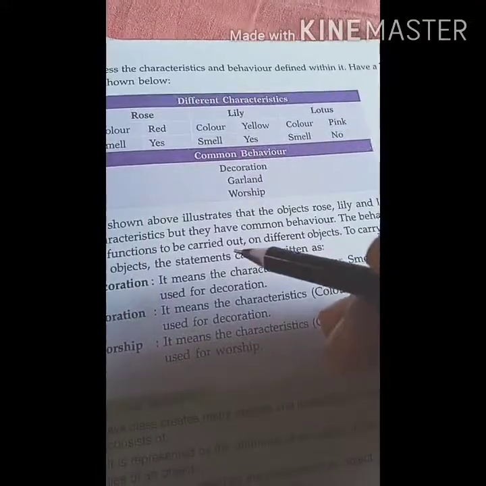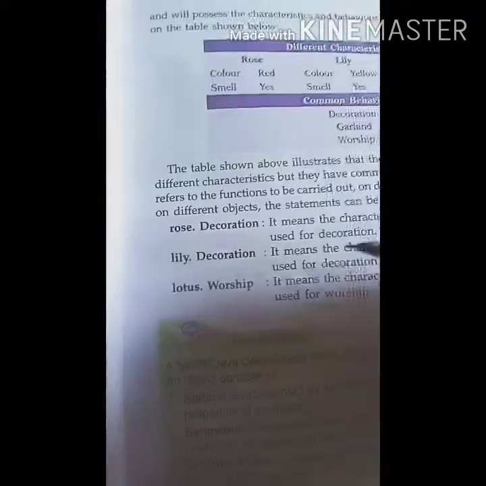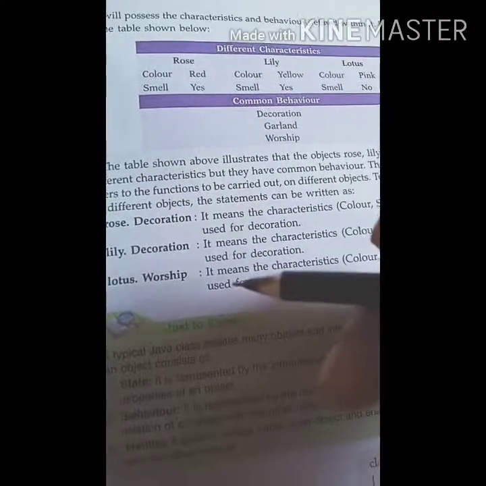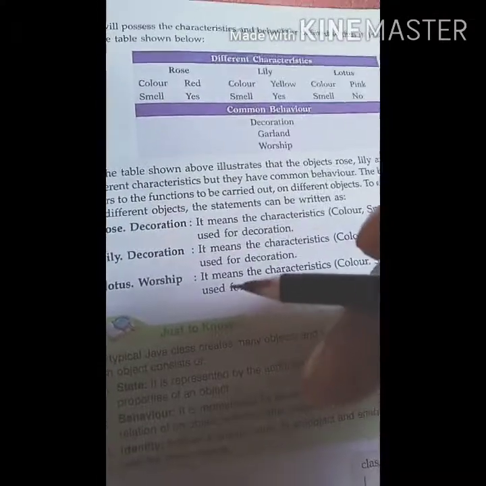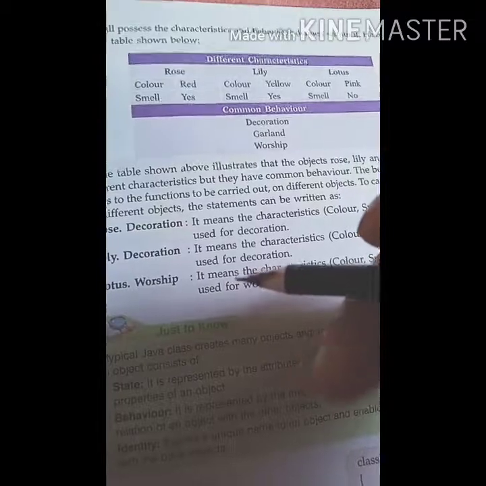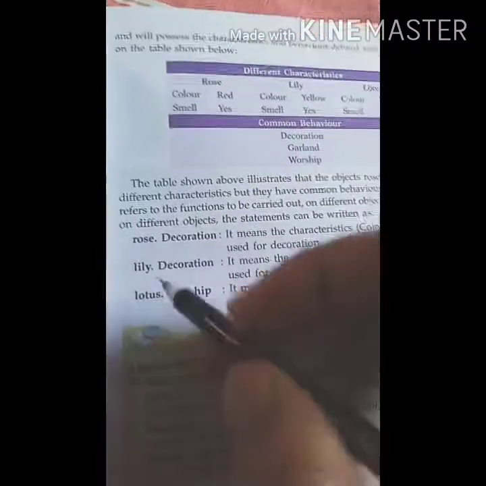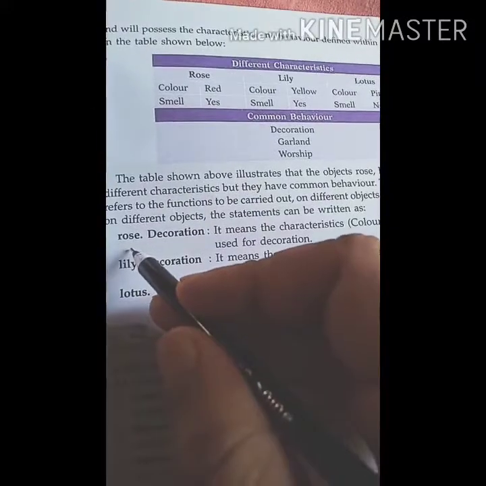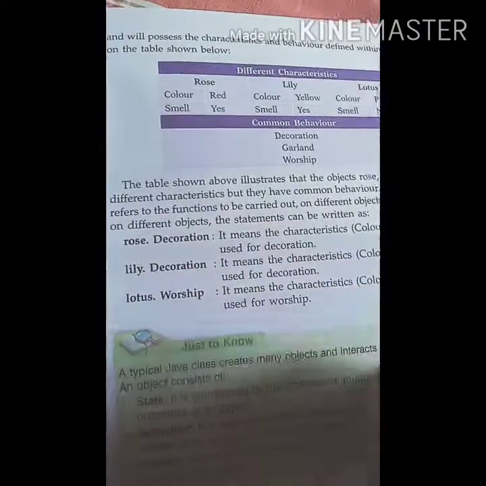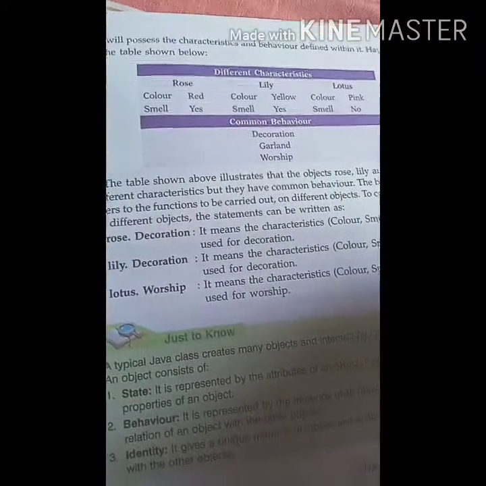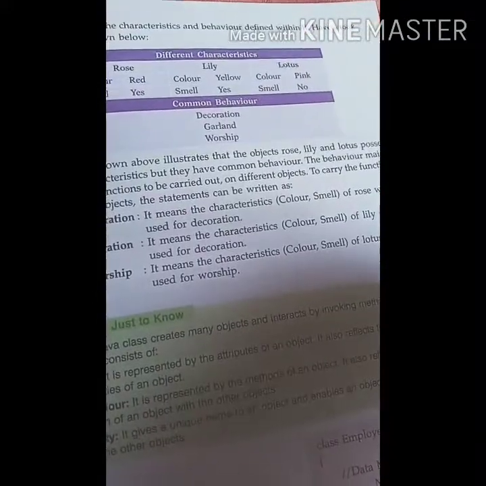So one thing: how to call an object. Suppose we have created an object of a class, then how to call the object. Suppose we want to call this rose object, then rose dot, the method name we have to give, okay.